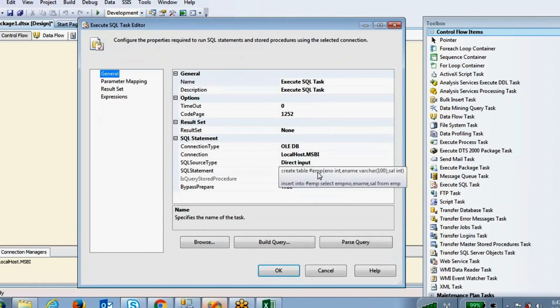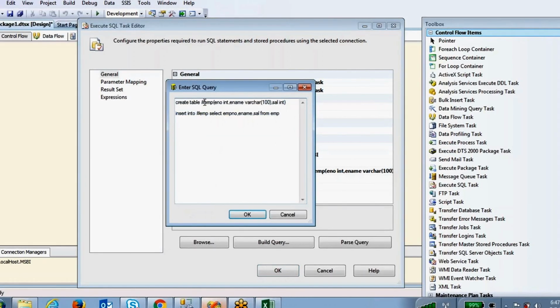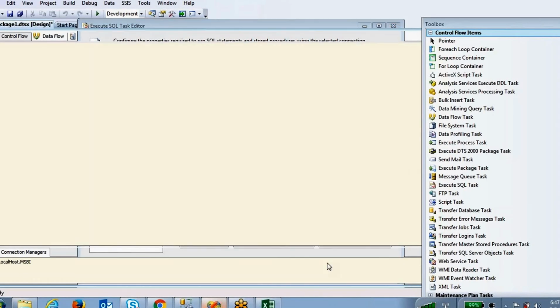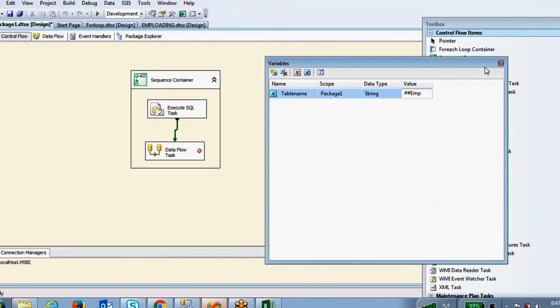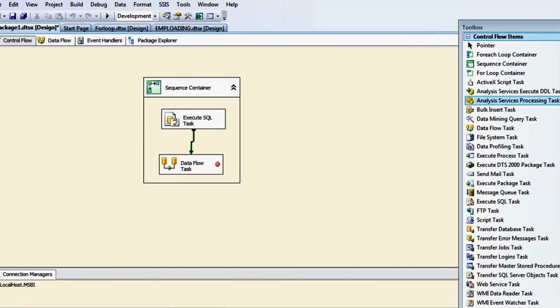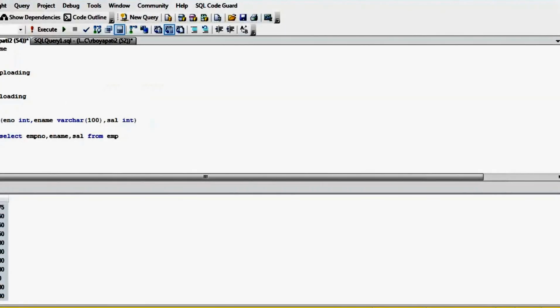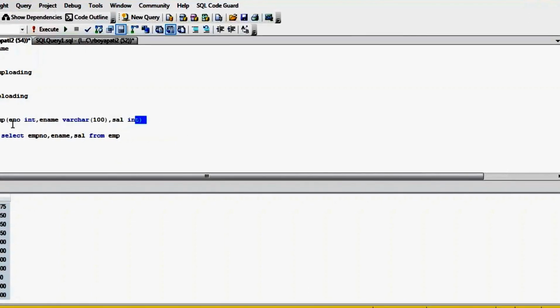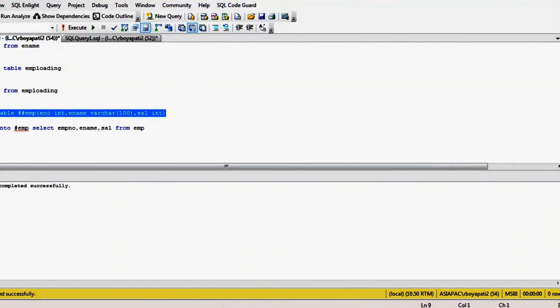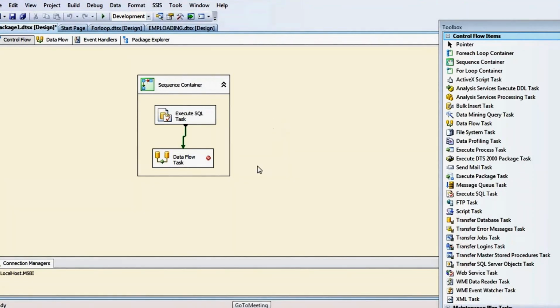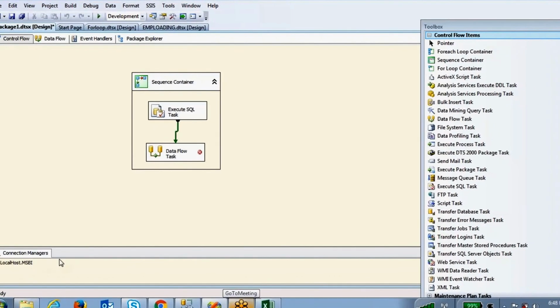So here I'm going to create a single hash local temporary table. Single hash means local temporary table. But inside this variable, I have mentioned the same name, but as a global temporary table. So you have to create a global temporary table with the same column names and the same table name. So you just create it here. I have created it.